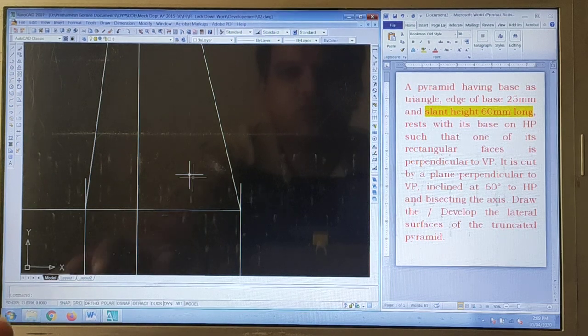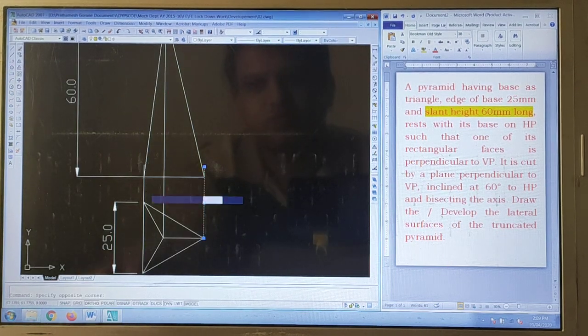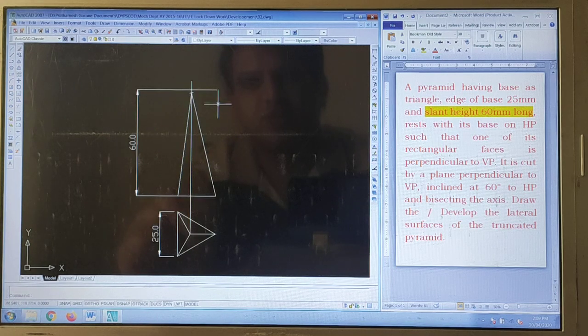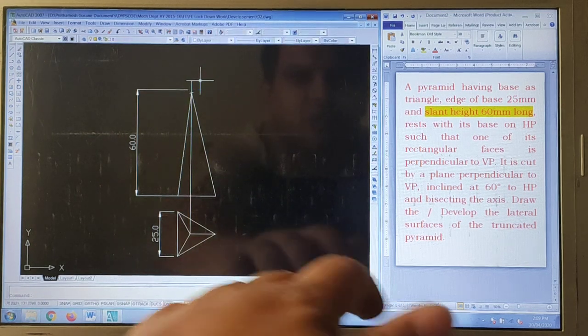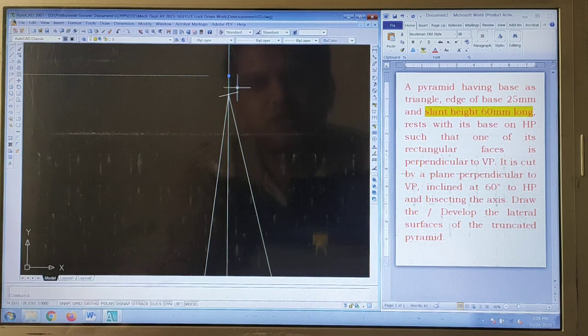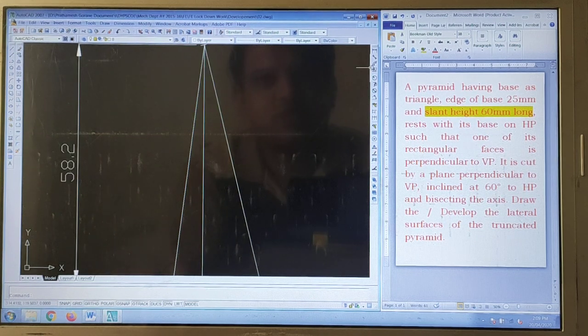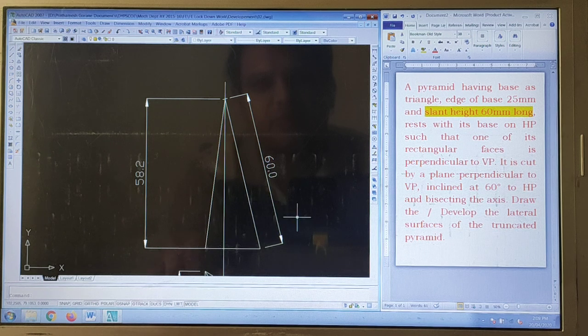So this is how this needs to be drawn if it is slant height. Now if you check, this length will be different, but if you measure this slant height, it will be 60 mm. And this will be nothing but the center line. Okay?